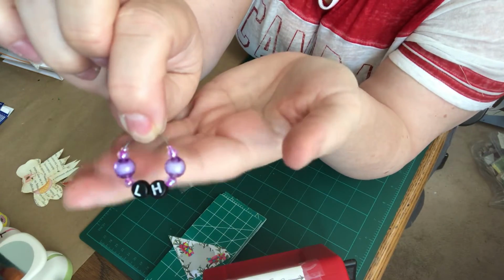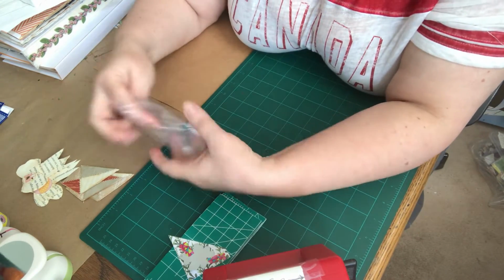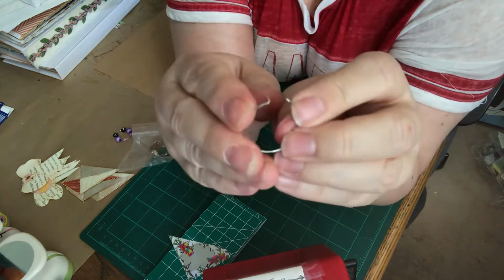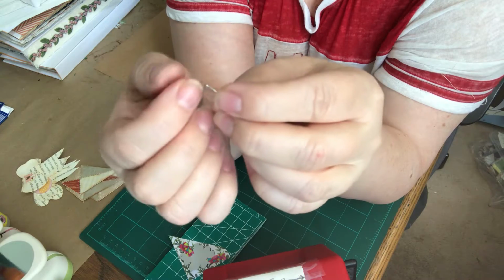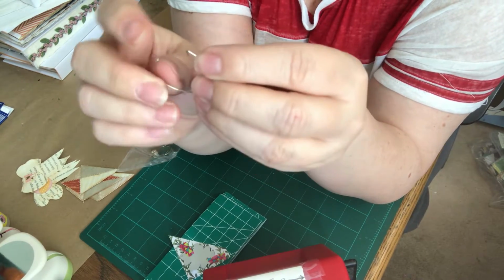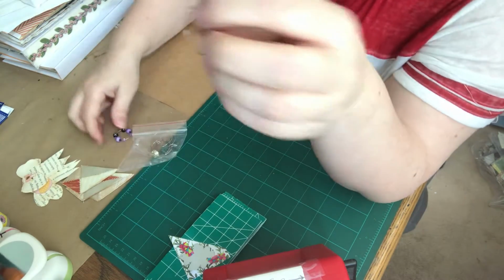I originally had my name, but then I couldn't put nice beads at the end because they kept coming off, because it's one of those I found in my stash. I'm pretty sure it came with Christmas decorations, or you can buy them separately. I don't know if you can see it that well, but it locks together like that. So I had to open one up a bit more to get the beads to come on. I had to lay them out in the order I wanted them, put them on, and then I started to bend it back, and then I locked it, and then I took my beading pliers and tried to squish it,